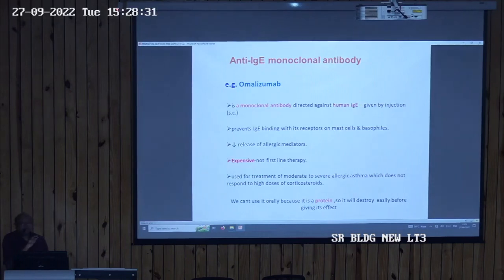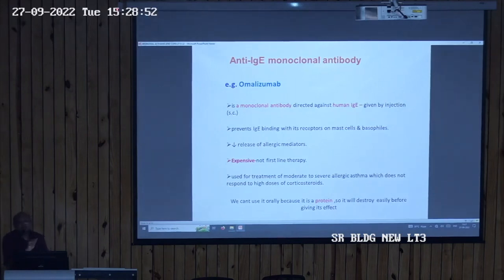The worst part of the drug is that it is very expensive. It does not have good affordability, so it is not practically used, and it is the last resort when you can convince them, okay, now we have nothing further to give. Steroids have also been tried and still the patient is losing his breath, so we can further give a try